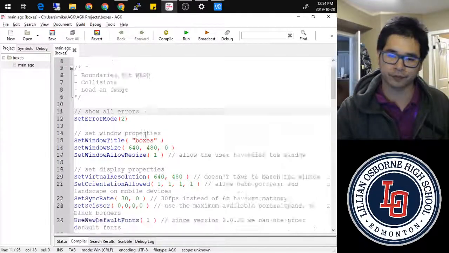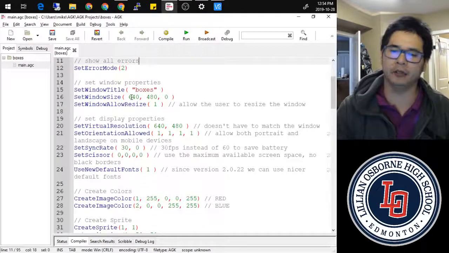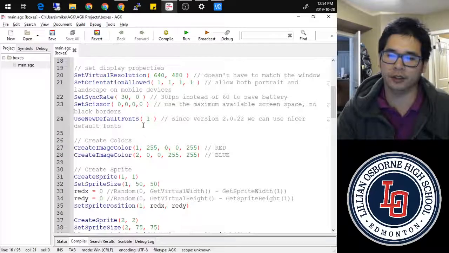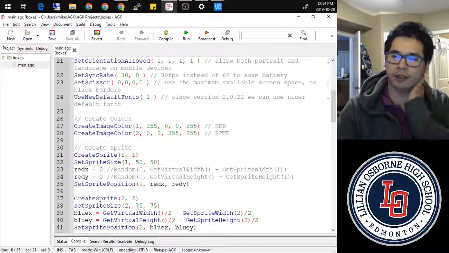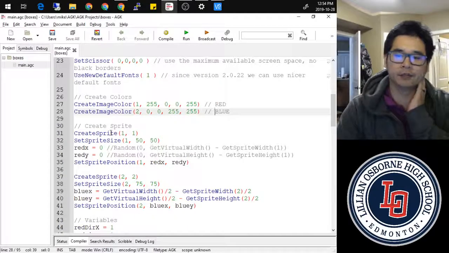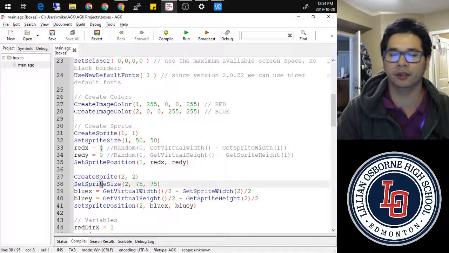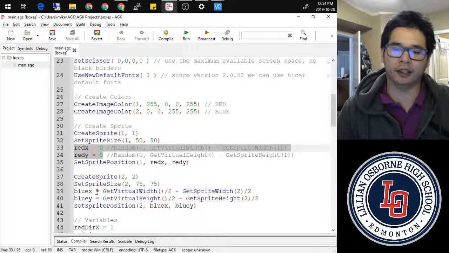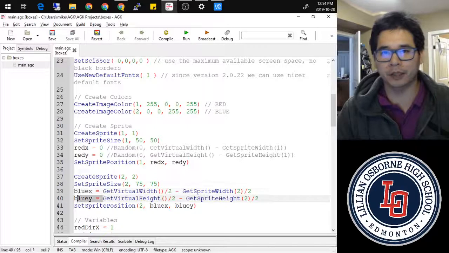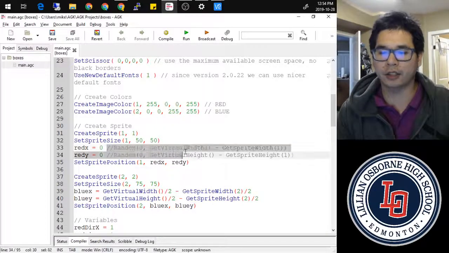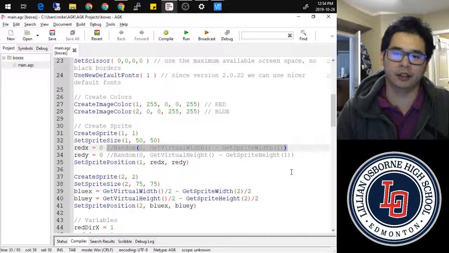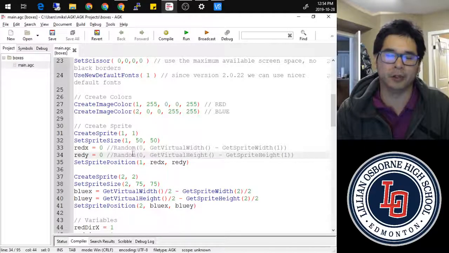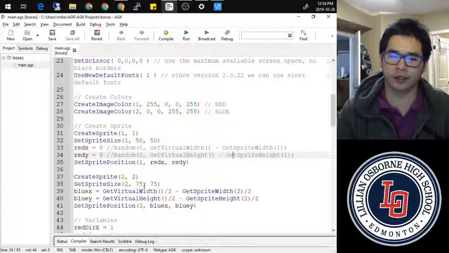So with that being said, I've changed my resolutions to 640 by 480, just so it's easier to see on my screen. And then we created the red and blue sprites. And here, one of the things I added in immediately was to put a red X and a red Y, and a blue X and a blue Y. And also here in comment, in case you're wondering, this is where you get the X and Y coordinates to move randomly. Now, I'm not going to go through it today, but it is there if you are interested.